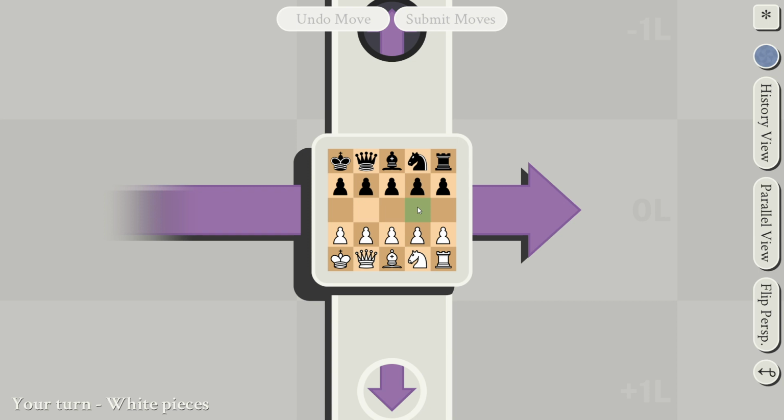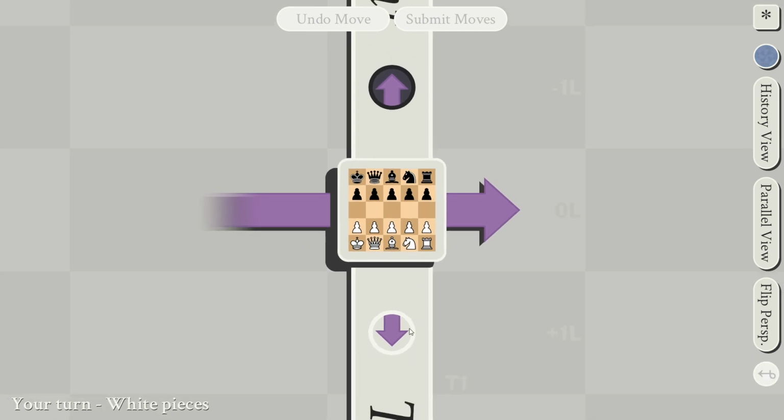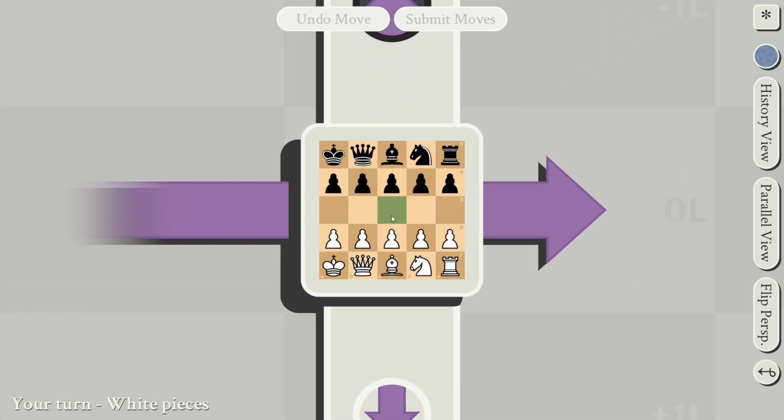Just in case you have no idea how this game works, you play chess. This is a chessboard. It's a simplified chessboard, but we need a simplified one because you not only play chess in the 2 dimensions that chessboards usually come with, but you play chess in also 2 additional dimensions. The time dimension and a parallel universe dimension, which is very, very beautiful.